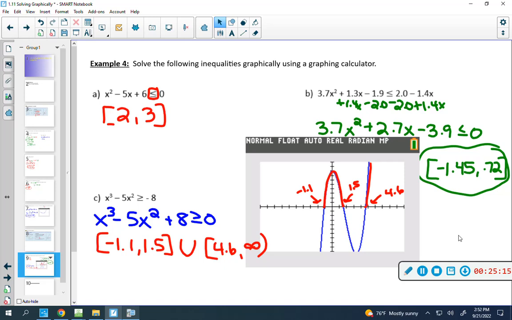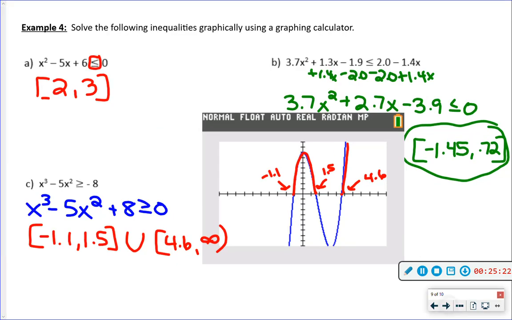So any questions on the graphs? I think today's easy. It's time consuming. Well, for me, maybe you guys type faster than I do. It's just time consuming to punch